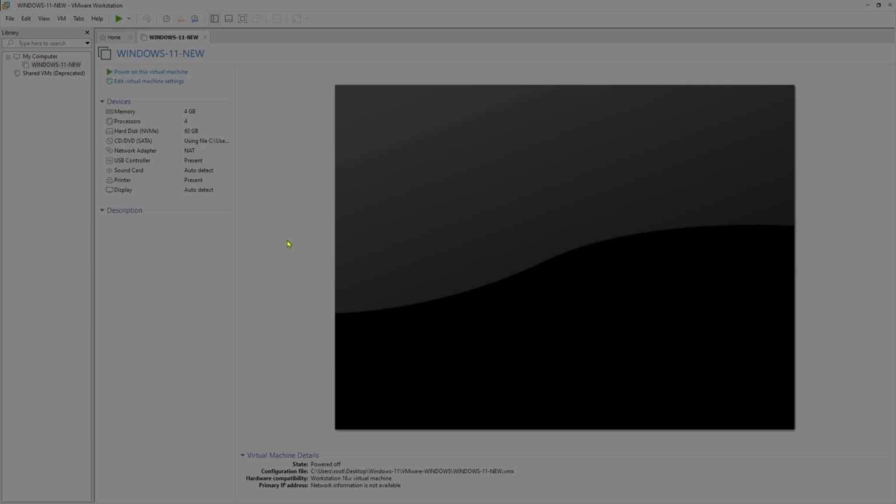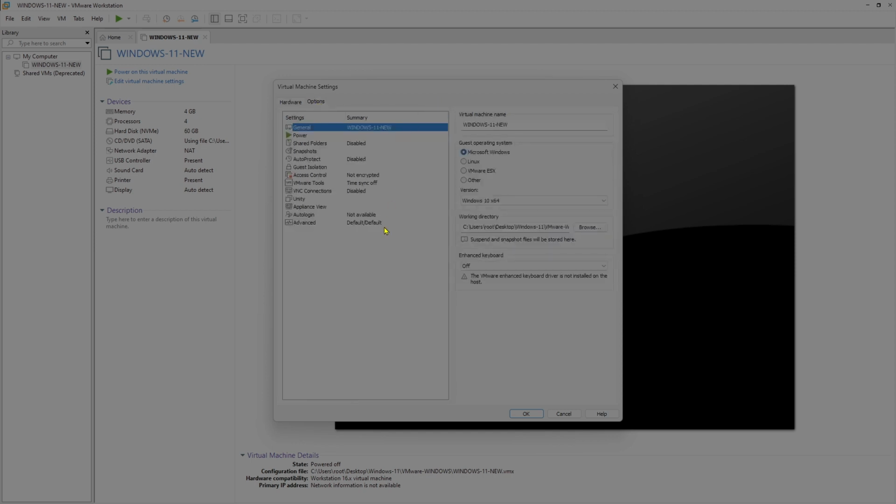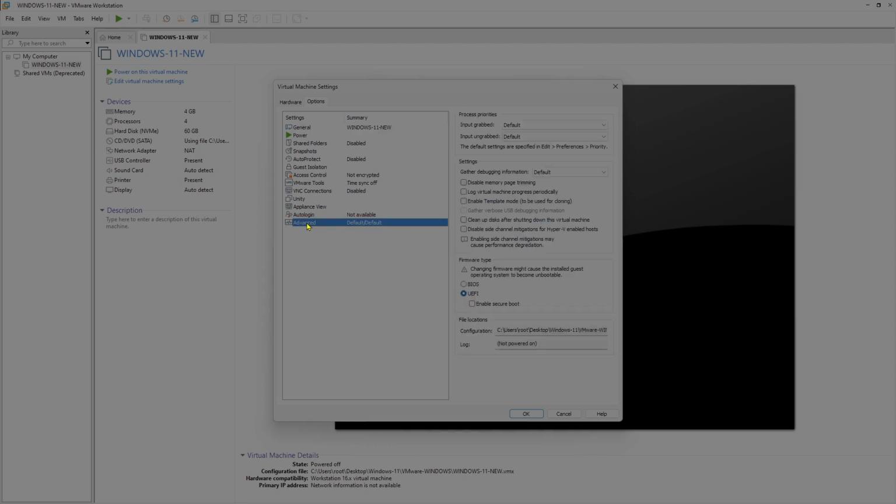I am back to the virtual machine on VMware Workstation. Let me right click and click on settings. In the settings, you have an option, and there is also advanced, and you will see in advanced you have an option to select enable secure boot. I have to select this option,